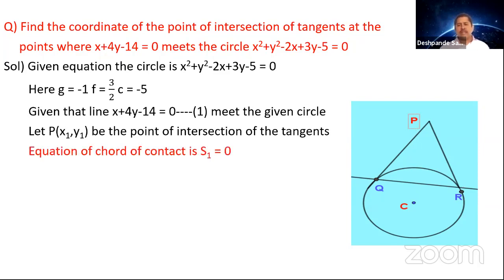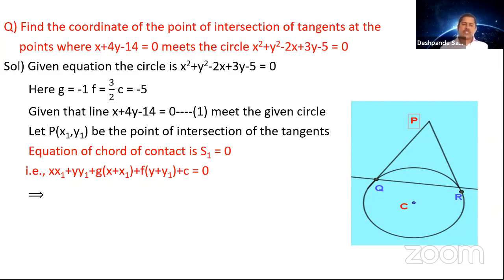Okay, so to find the point here, you can say that this QR is going to be a chord of contact also. So you find the chord of contact equation with respect to the circle from the point. What is the chord of contact equation? It is given as S1 is equal to 0. What is the formula of S1 is equal to 0? You got xx1 plus yy1 plus g times (x plus x1) plus f times (y plus y1) plus c is equal to 0. Now you know what is the value of g, f, c. What is it that you don't know? You don't know the value of x1, y1. We are going to find out. So put the value of g, f, c here.